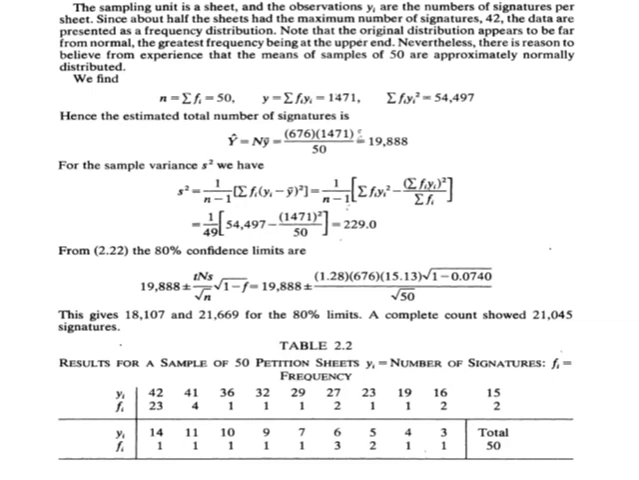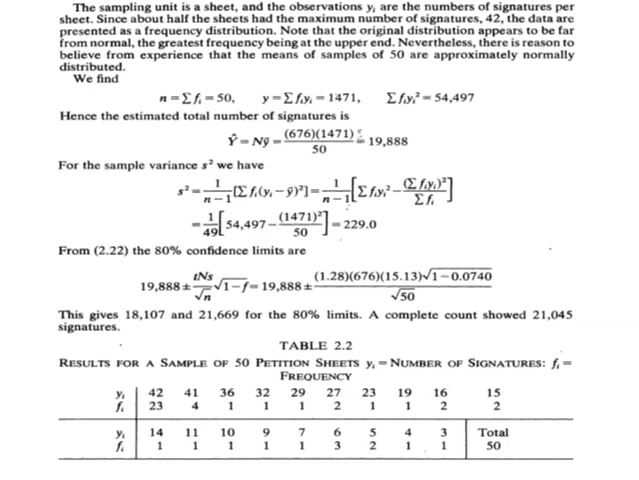So we find that small n equal to the summation of f i equal to 50, the summation of f i times y i is equal to 1471, and the summation of f i y i square is equal to 54,497. Hence, the estimated total number of signatures is Y hat equal to capital N times y small par, which is equal to